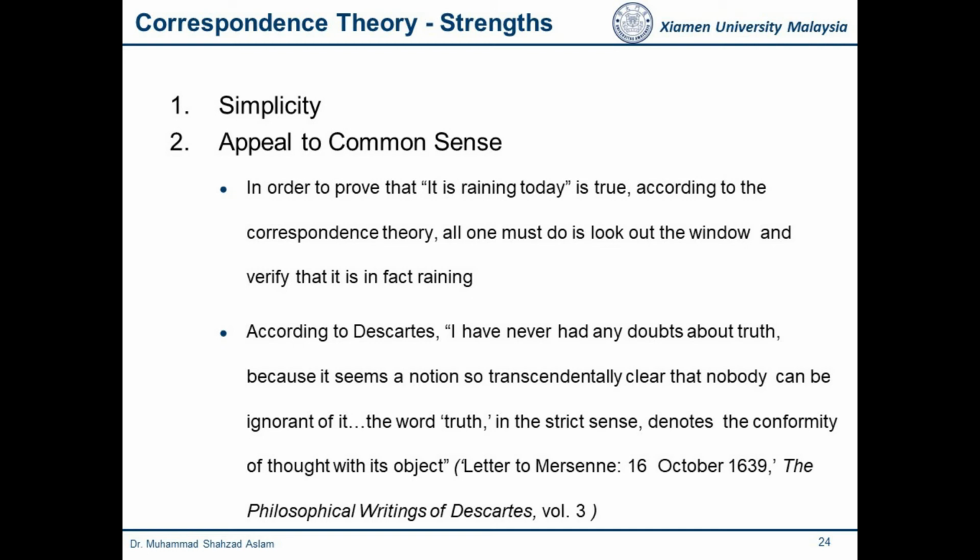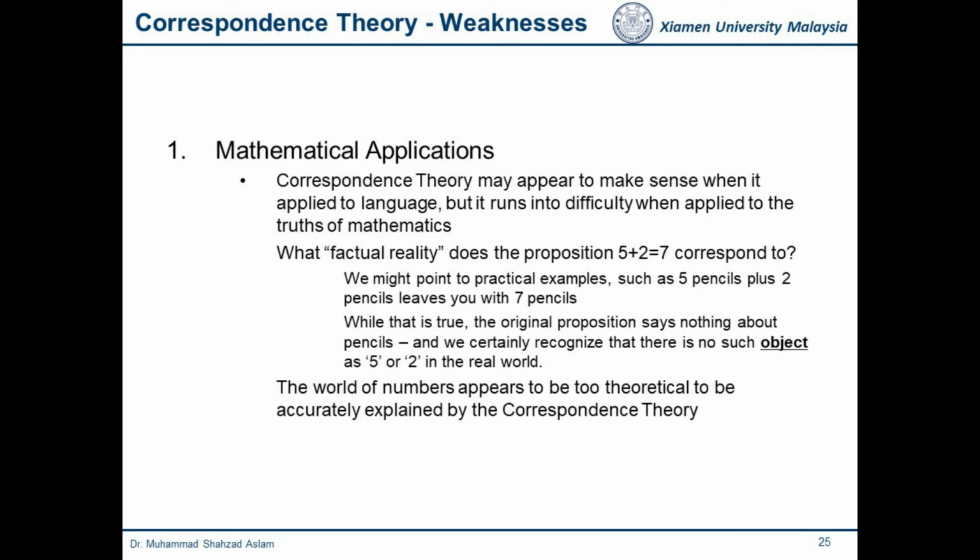So in correspondence theory we are using our senses, like our eyes, and we already mentioned that empiricists believe knowledge can be obtained from experience using the senses. So in correspondence theory, we need to think that using our senses we are getting the knowledge. But we have some weakness, like mathematical application,